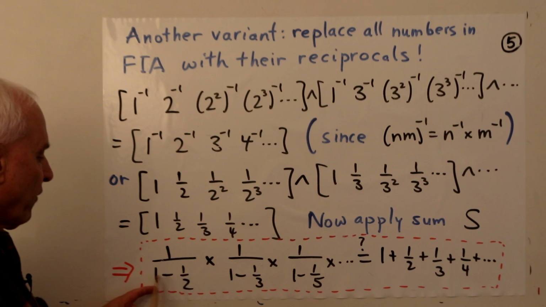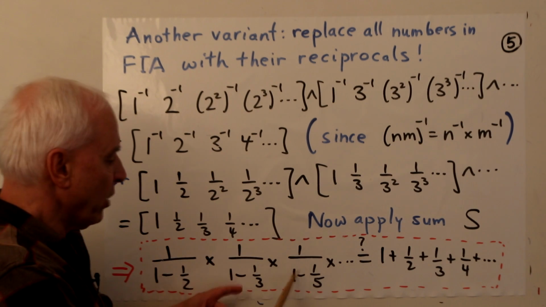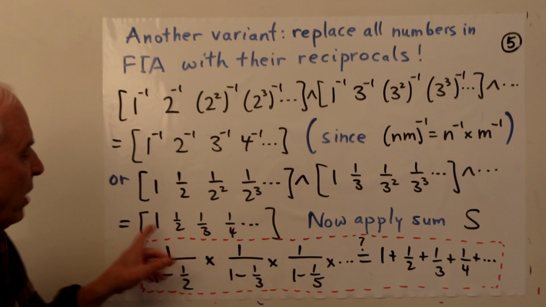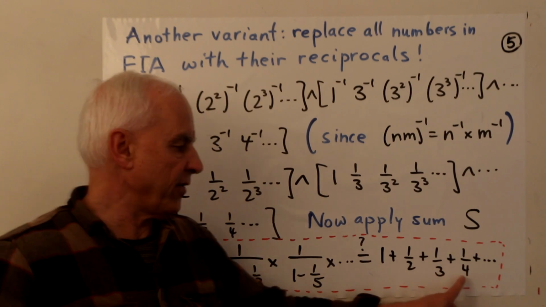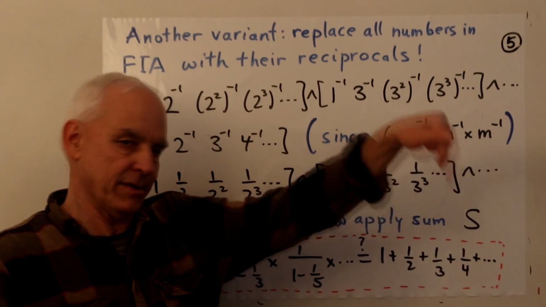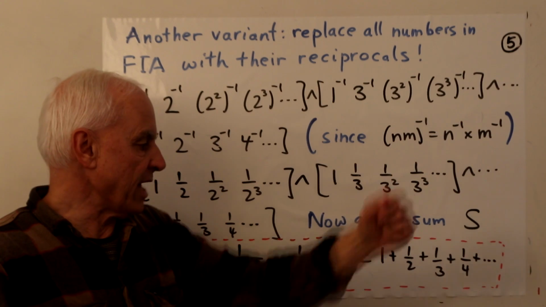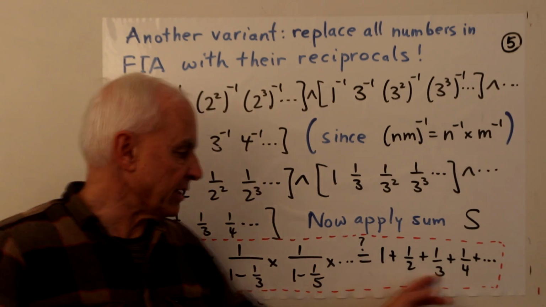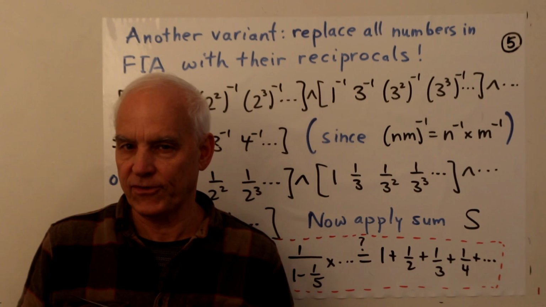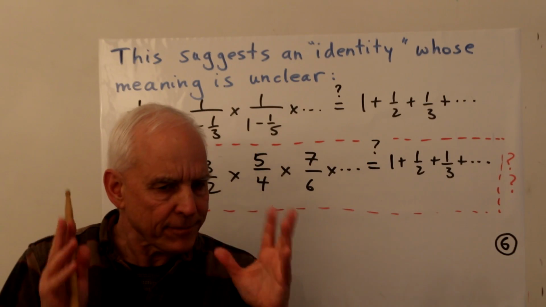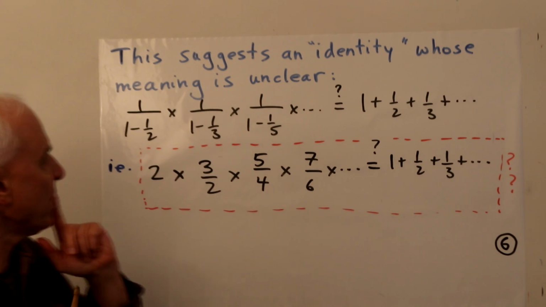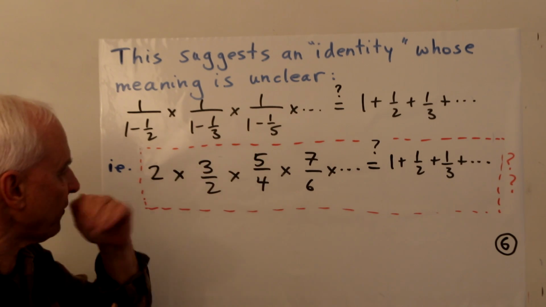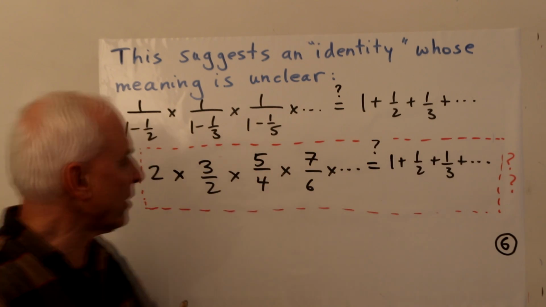So here we're going to get 1 over 1 minus a half, 1 over 1 minus a third, then 1 over 1 minus 1/5, etc. on the left-hand side. And on the right-hand side, well, we get this series. Okay, which is more problematic because here there's not an object that's known to us, which is at the end of the rainbow. And of course, all students of mathematics will know that this is a series which diverges in the usual sense. So let's have another look at this sort of strange identity that seems to be appearing here. So we have 1 over 1 minus a half times 1 over 1 minus a third times 1 over 1 minus 1/5, etc. And over here, the harmonic series.